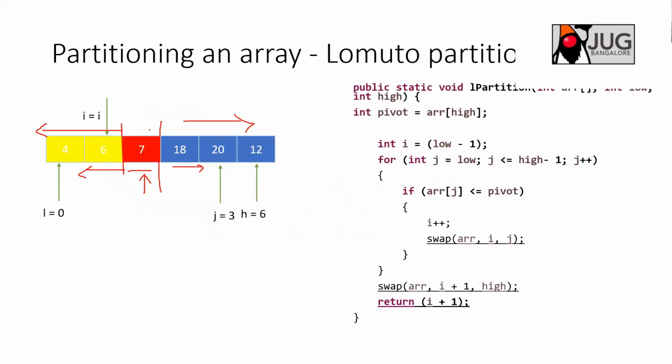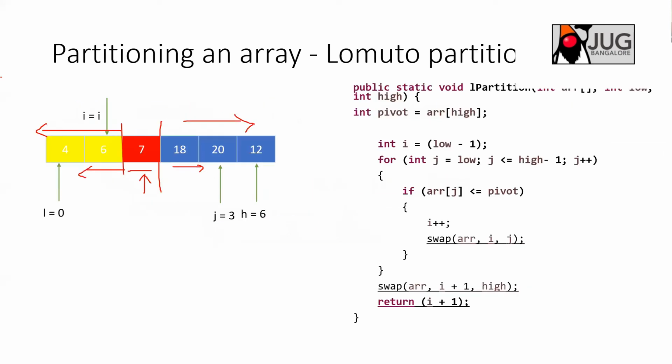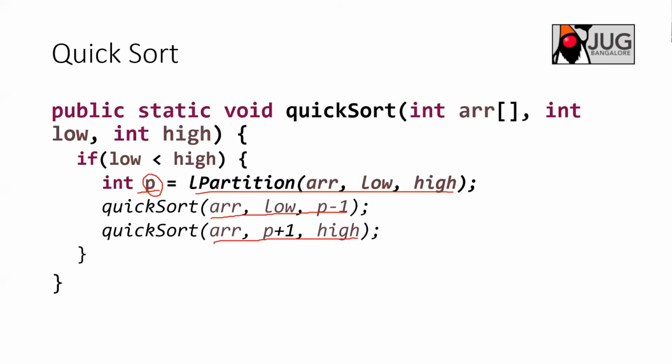So this is the second position, third element, but the position is third position. But if I started from 0, it means it is the second element, right? So what I will do here is call low to 1. So low is 0, 0 to 1 element. So the first quicksort will be called onto this, and the second will be position plus 1, that means 0, 1, 2, third element to the last element, which is 6. That is what I'm doing here.